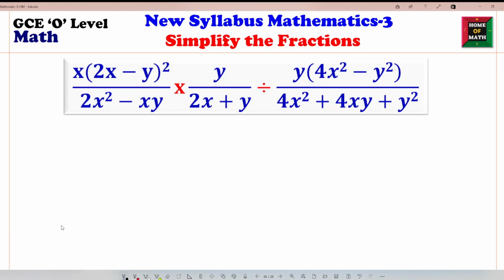Here is the fraction. First, x times (2x minus y) whole square, divided by (2x square minus xy), times y divided by (2x plus y), divided by y times (4x square minus y square), divided by (4x square plus 4xy plus y square). So first, this one we can write like this: